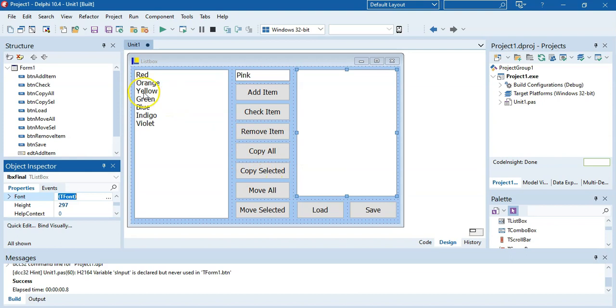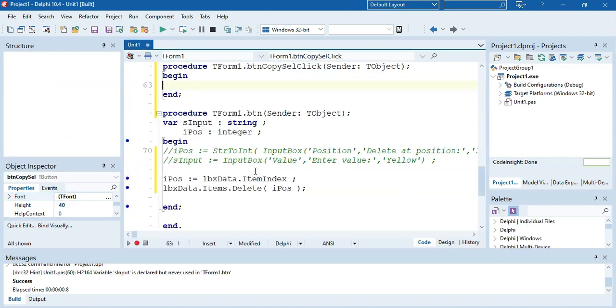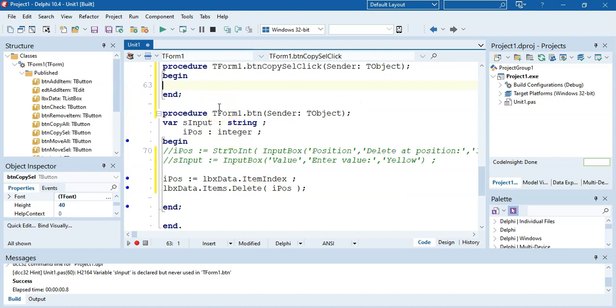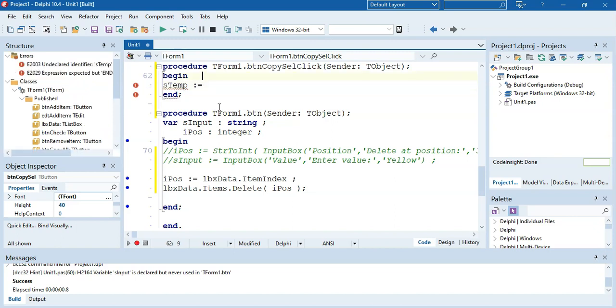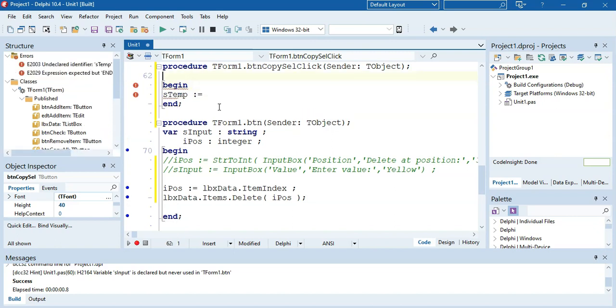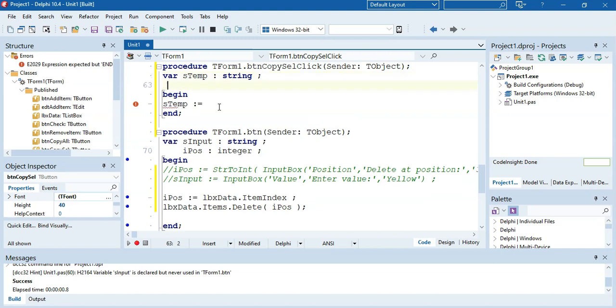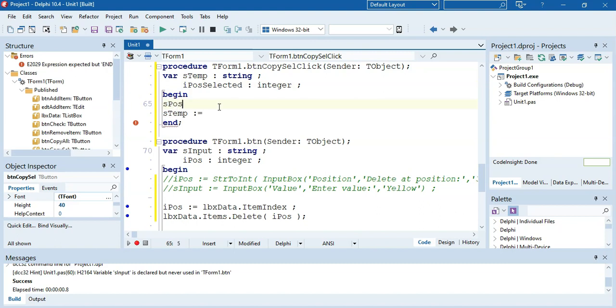If I want to copy, so I want to select one and copy it over here, how do I do that? Well, that's quite easy. What I'm going to do here is get the one that is copied. So stemp, we're going to make a variable stemp of type string. And we want to find the position of the selected one. Pos selected. I'll make it quite long so that we can see what it is that we're looking for. So first of all, the one that is selected